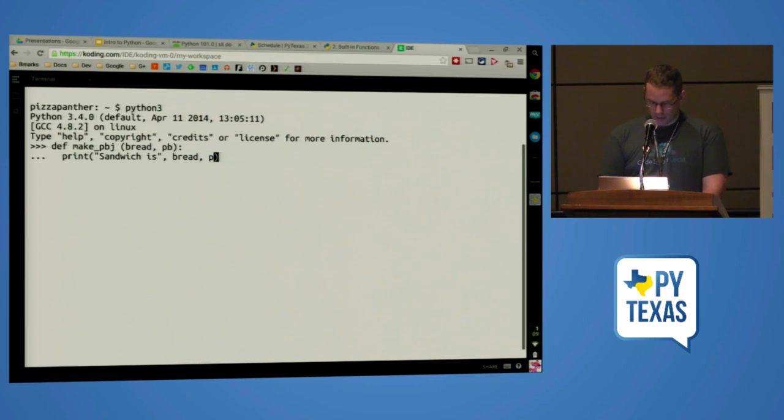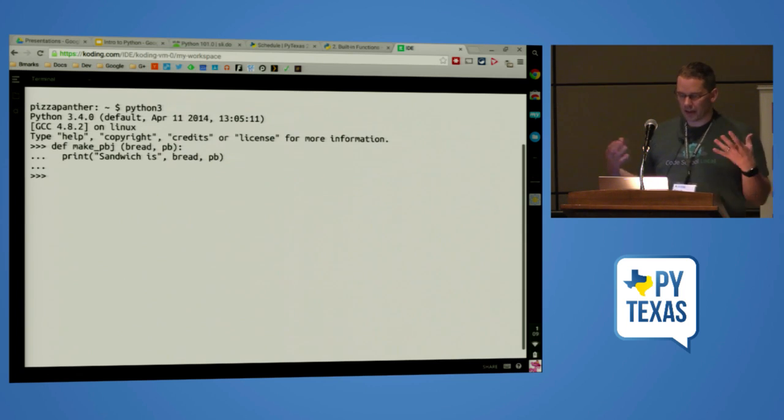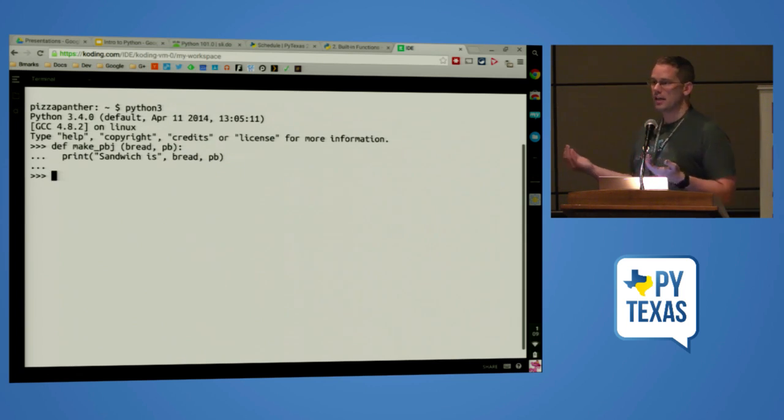Do something with that input. Okay, so now I have my function. Now you can see when I hit enter, nothing happened because we're just defining that function. We actually haven't used it yet. So now if we want to go use it,